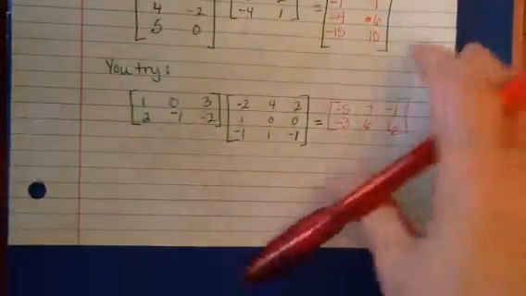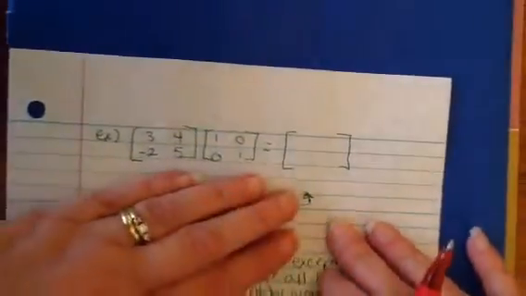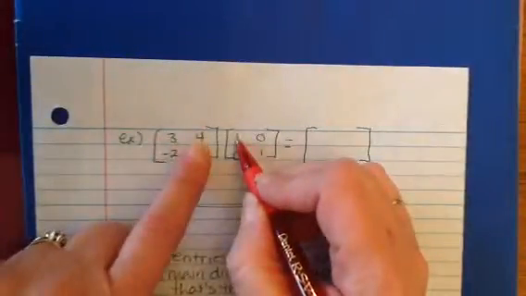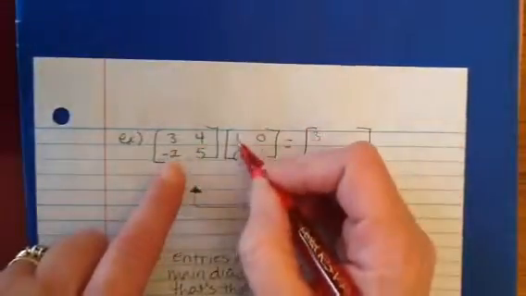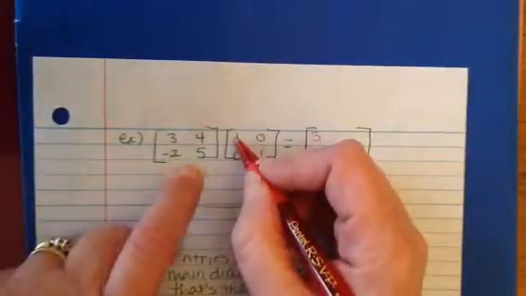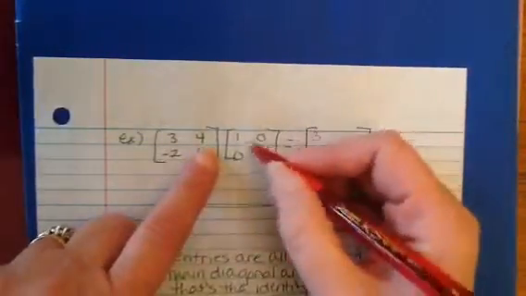So now let's look at this. Here's a 2 by 2 matrix multiplied by a 2 by 2 matrix. 3 times 1 is 3. 4 times 0 is 0, so that's a 3. -2 times 1 is -2. 5 times 0 is 0. 4 times 1